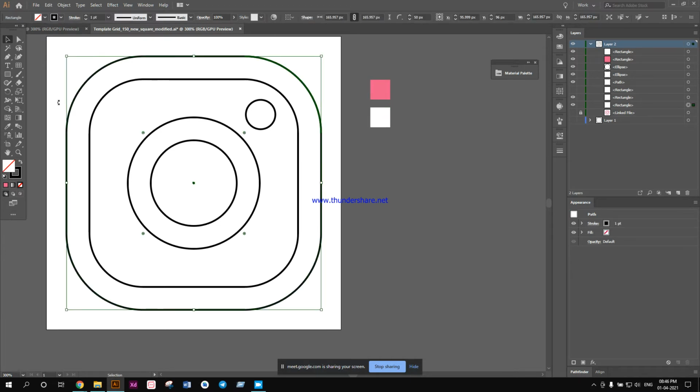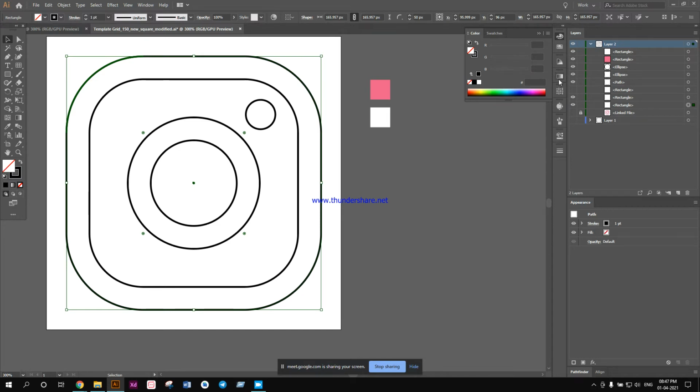Now when I go to the gradient, I need a gradient for this one. So you see over here, the fill, there is no fill color currently, but there is a stroke color. But I need a gradient on the fill, not for the stroke. So I have to make sure it is currently on the fill.